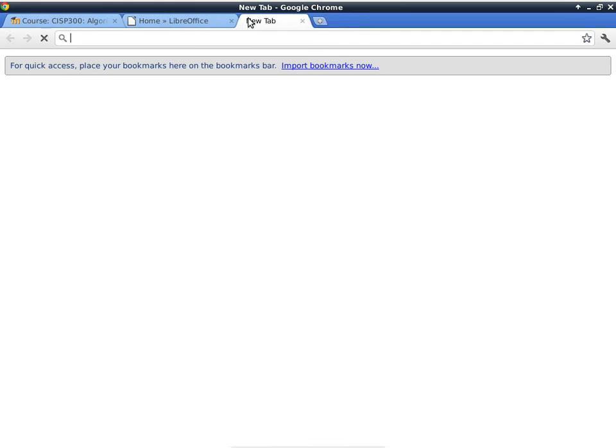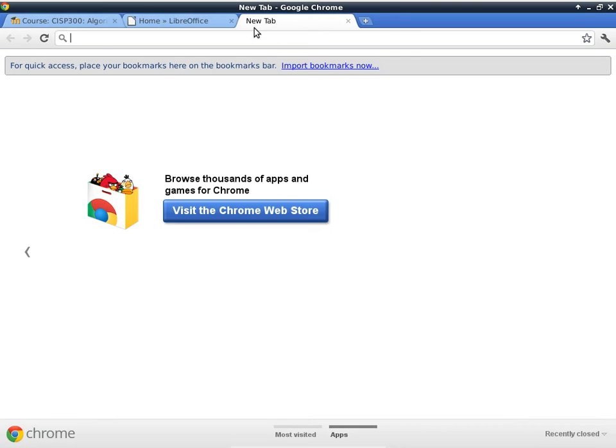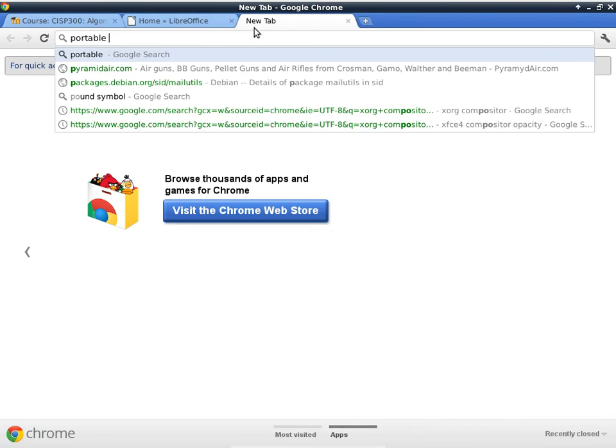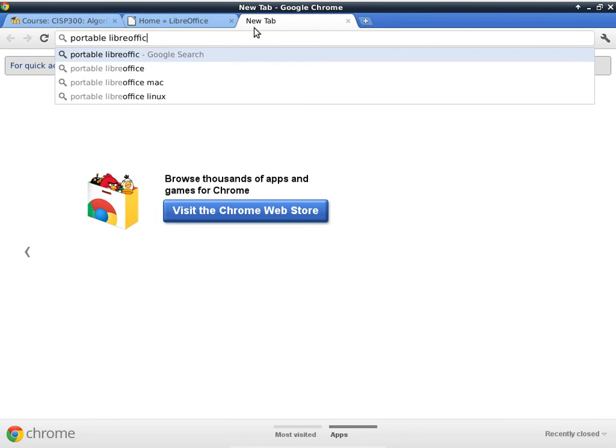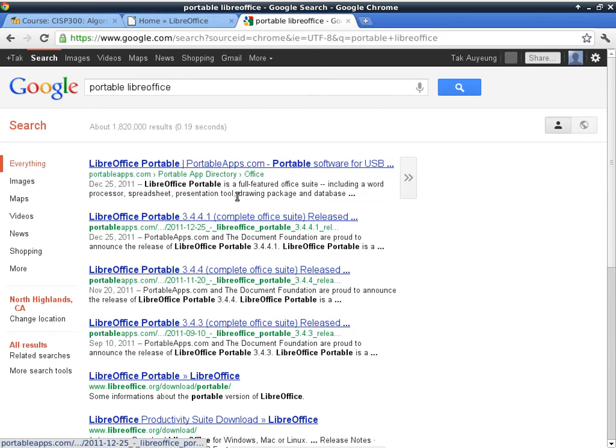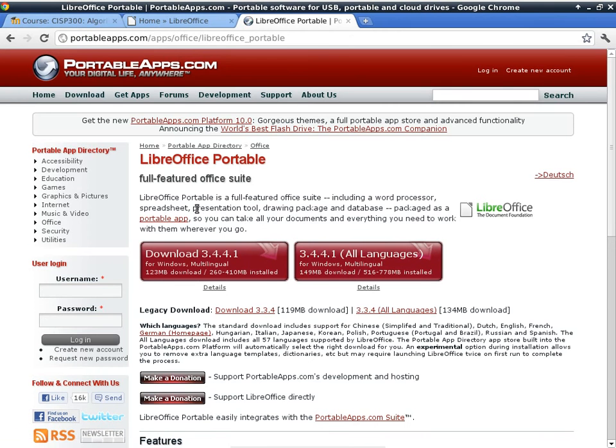But if you want another solution, you can go for the portable version of LibreOffice from portableapps.com. Now the portable version of LibreOffice only works in Windows, okay? So if you have a Windows machine, you can use this approach. What this does is you can install this program on a